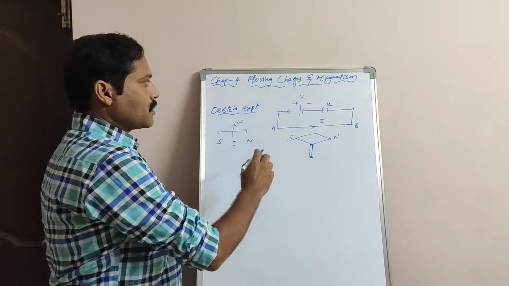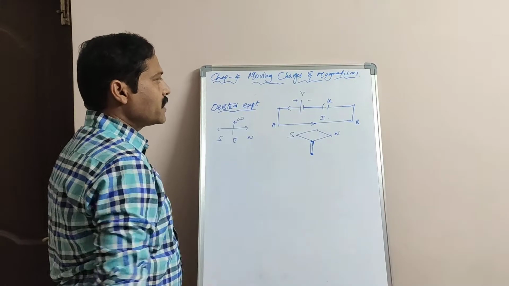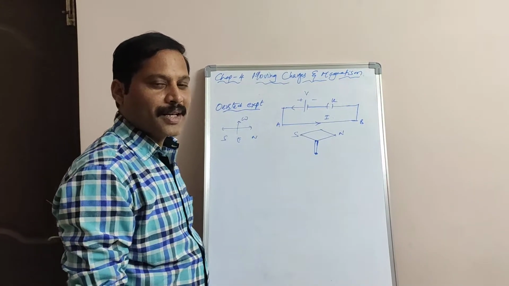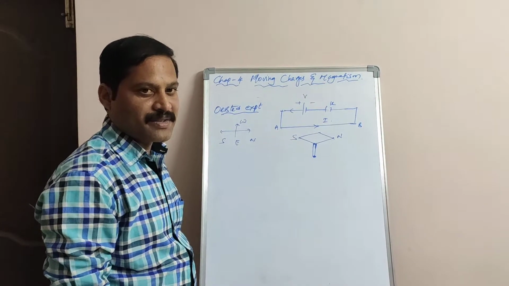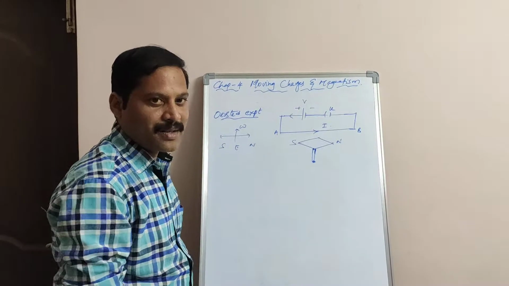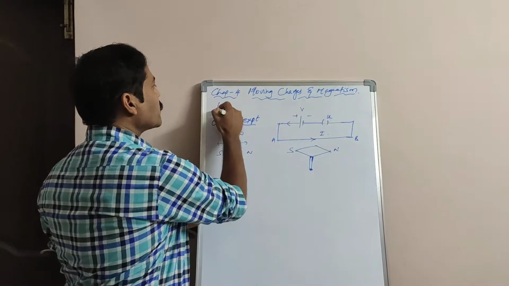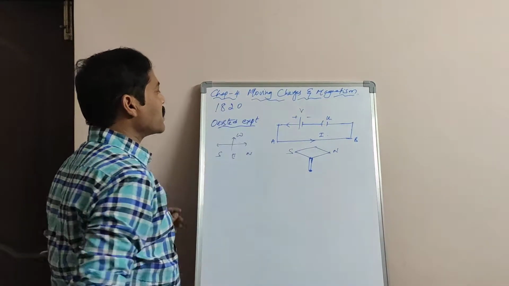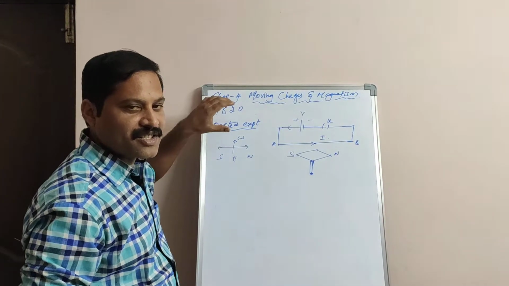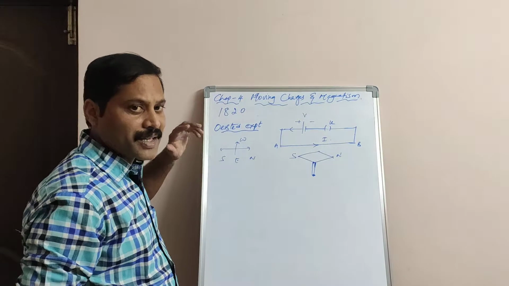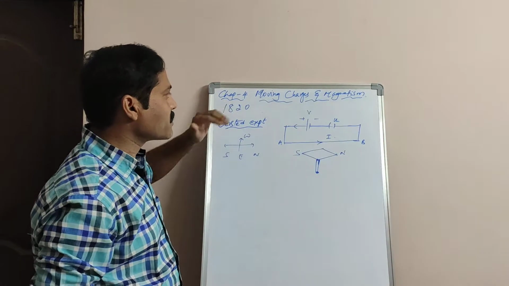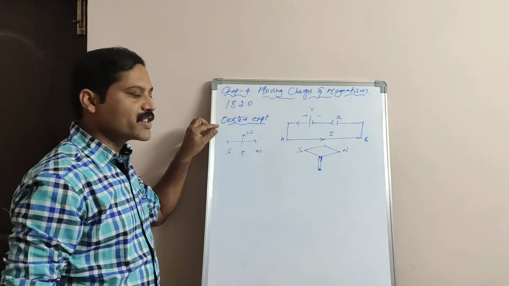Previously it was assumed that there is no relation between electricity and magnetism. Electricity is a separate topic and magnetism is a separate topic. But in the year 1820, a scientist named Oersted found the relation between electricity and magnetism through his experiment. So this relation is known as Oersted's experiment.